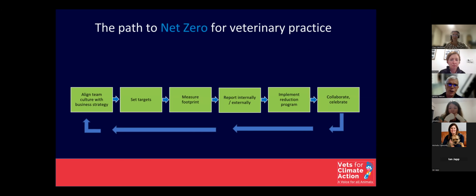moving your practice to net zero really starts right here at the start with aligning your team culture with your business strategy. This is the most important. If management is not on board and if your team culture is not right, then it's going to make it hard to sustain the changes needed all the way through to 2050 when ultimately we're aiming to get to net zero. The second process in the pathway there is to set a target, and there's some scientific